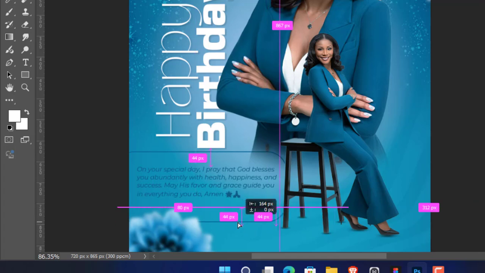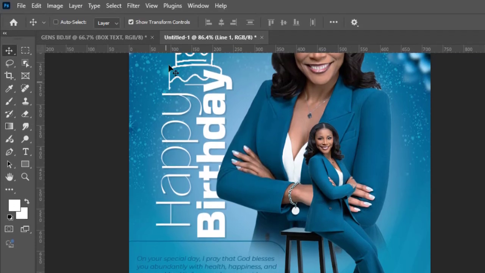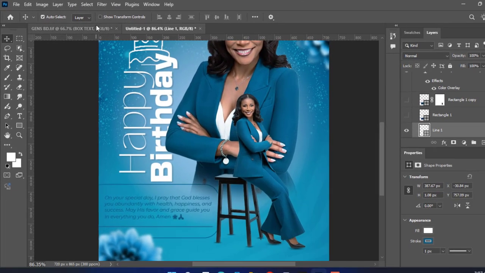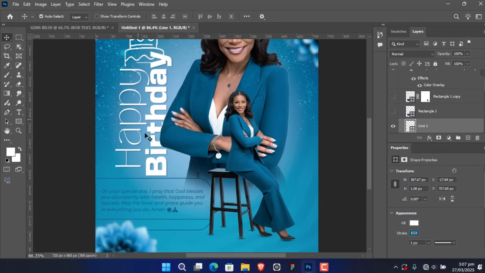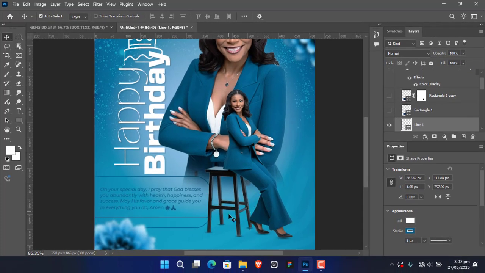So I'm making sure that I'm selecting the line here, and I'm just positioning it where it needs to be, okay? So use my arrow key to adjust things up a little bit like that, and I think I need to